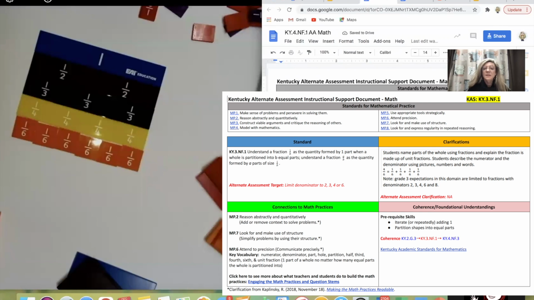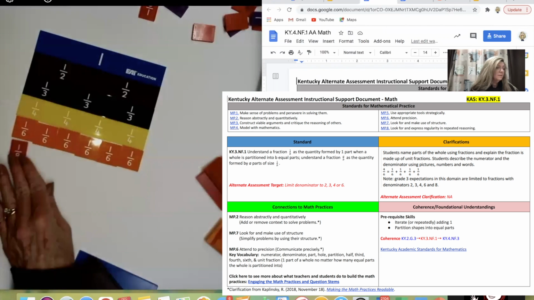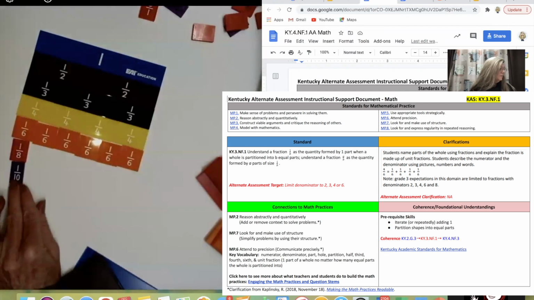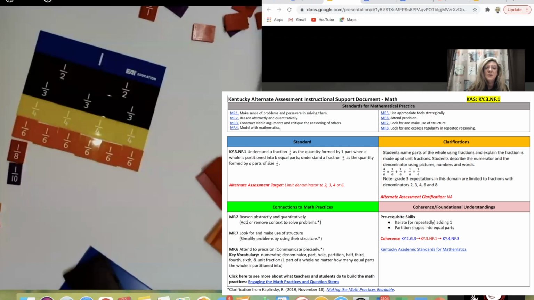you can see that the limit increases to include 8s and then 10s. So our 4th grade and 5th grade, the limit increases to 8s and 10s. Notice that they're avoiding the 5ths. 5ths are difficult for the kids. It's hard for them to divide things up into that. So those are eliminated for them. And of course, it doesn't go up into 12s for our kiddos. So I'm going to go back and we're going to look at some sample problems.